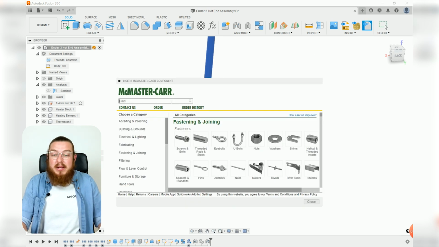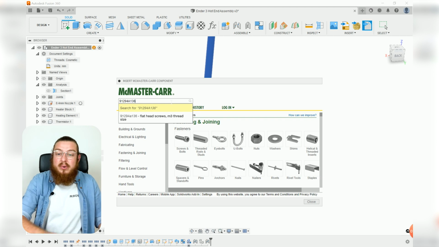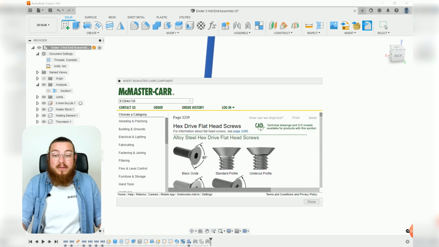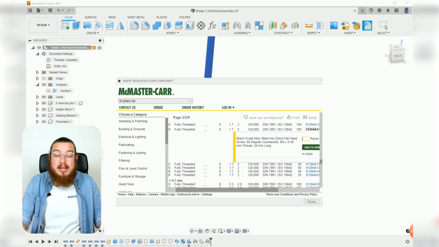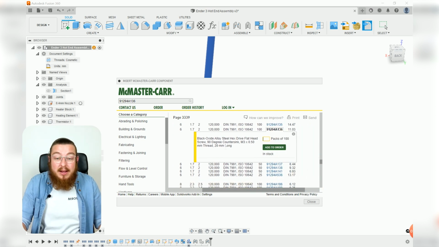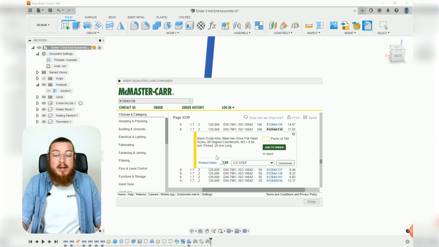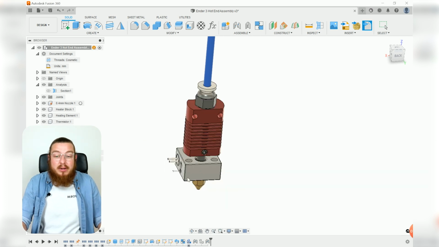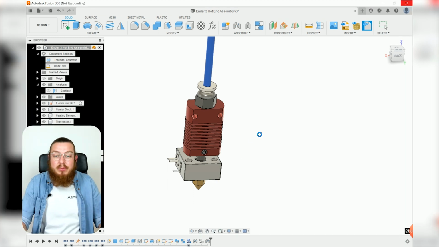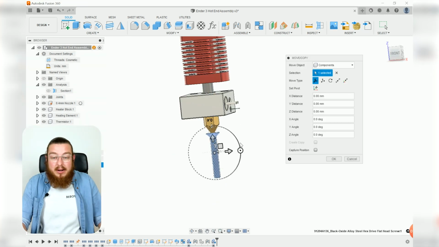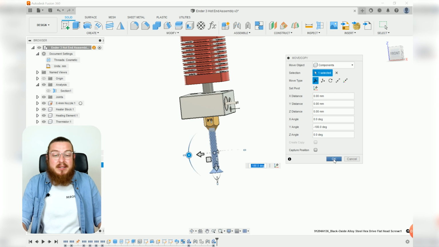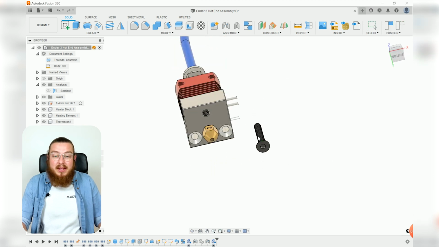Moving onwards, we are going to be adding some more components. So we are going to now be typing in this code for the flathead countersink bolts that are going to be joining the heat block to the heat sink. These are the M3 by 20. Again, we want to download it. It's going to be popping it right into the origin, which is always a little bit tricky to see what's going on. So we're going to be clicking and moving it out of the way. So it's at the origin, but it's upside down, so we can always rotate this 180 degrees, clicking OK,